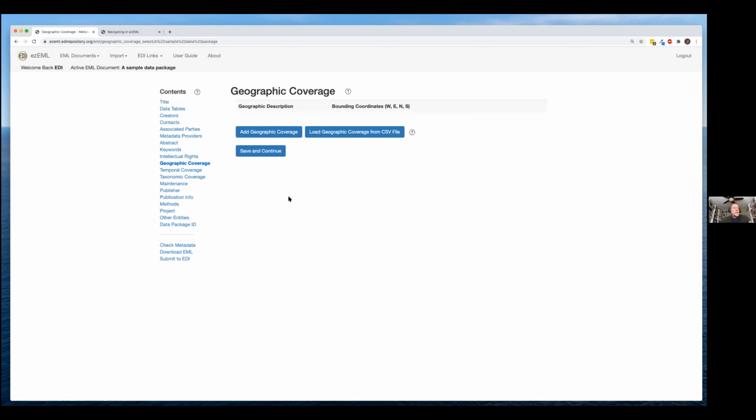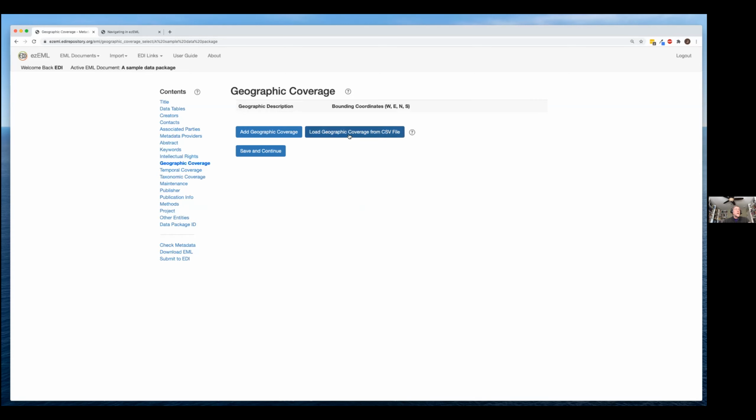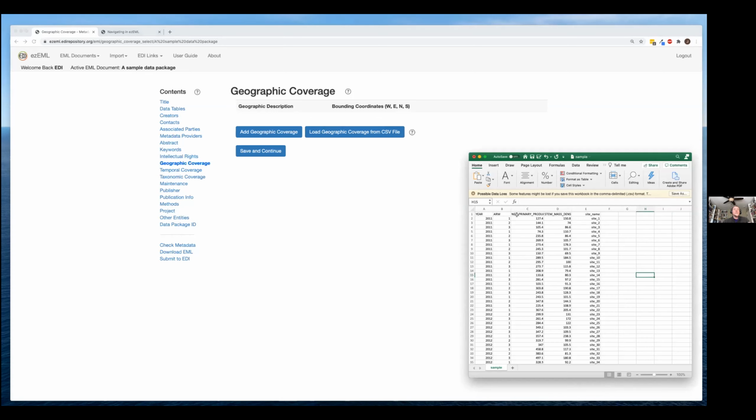Geographic coverage. Here we can define the bounding box geographically for the various sites where we're doing our research out in the field. We can enter them by hand, just entering coordinates and a description, but we can also do it from a CSV file. So you can create a file in advance that has what you need. Let me just bring up a,